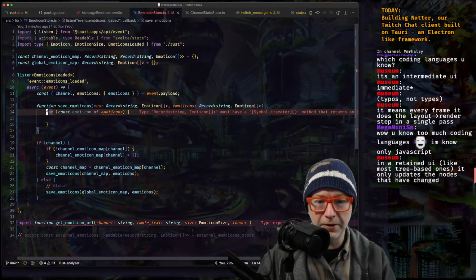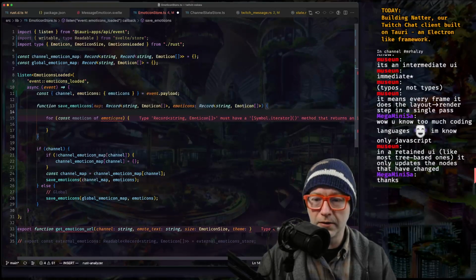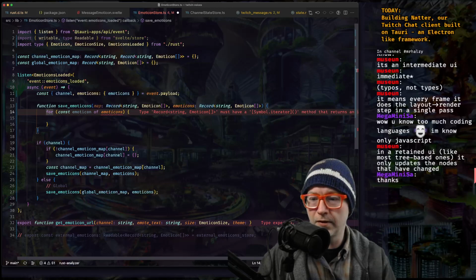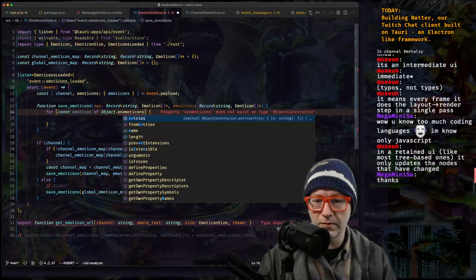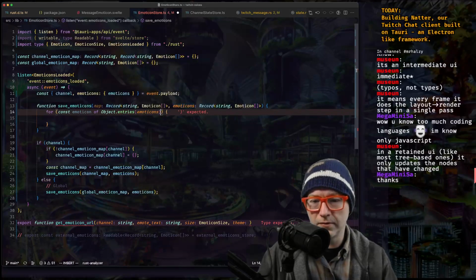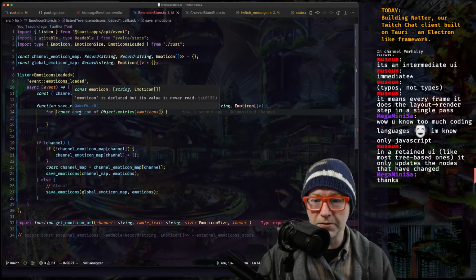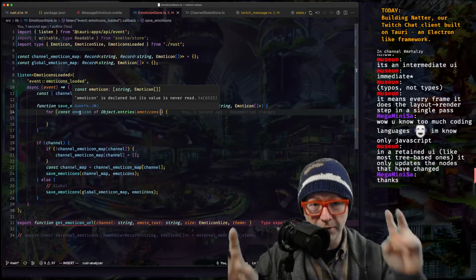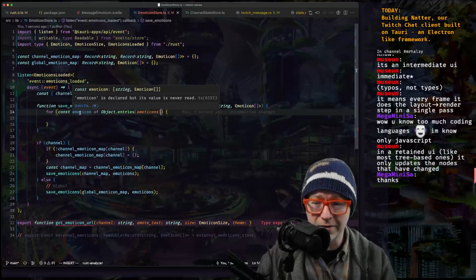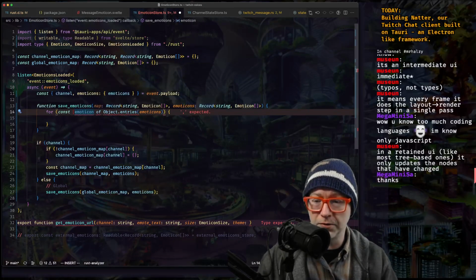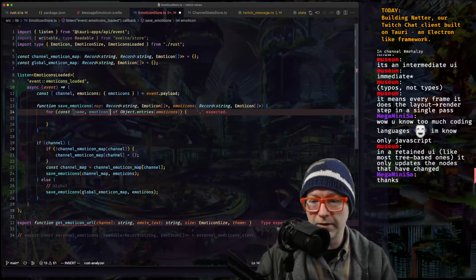Okay, how do we want to iterate over this record? We could use, was it Object.entries? And now this is going to be a tuple, well, an array tuple thing. It's JavaScript, right? We could destructure that to name and, I don't know, parts.